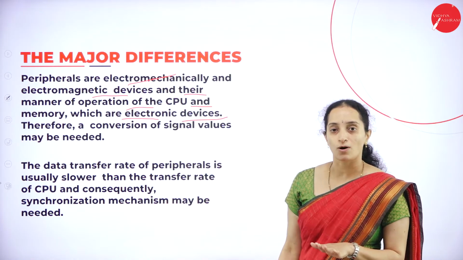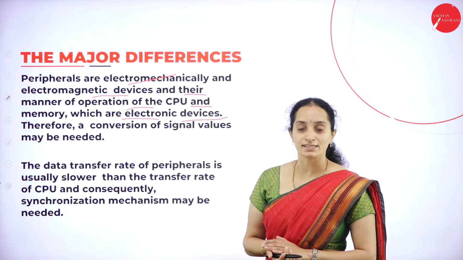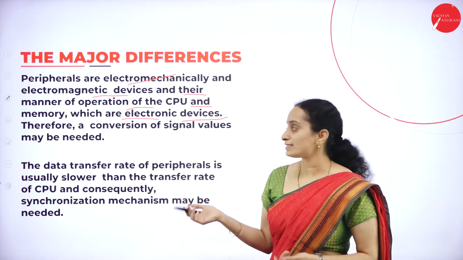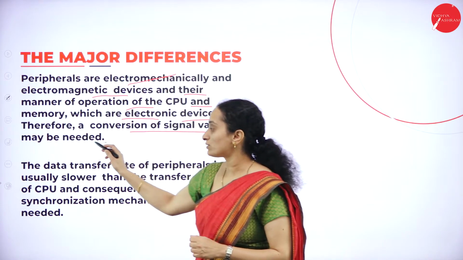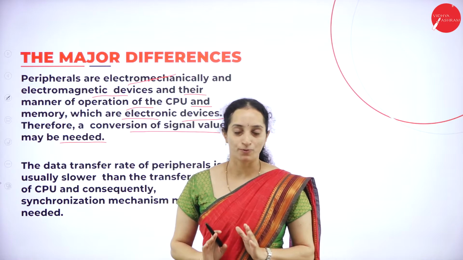All are electronic components or devices only. But the working mode of the peripherals and the CPU and the input-output, everything is different. Therefore, a conversion of signal values will be needed to communicate between different components of the